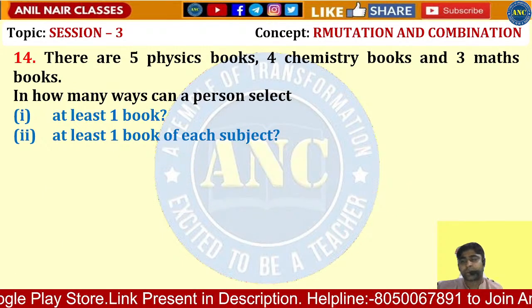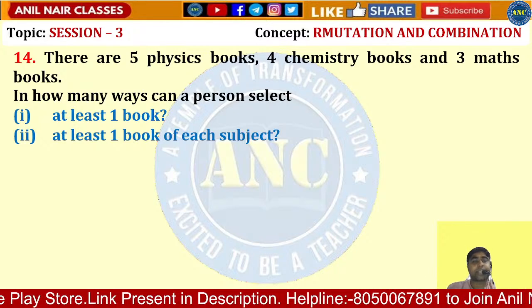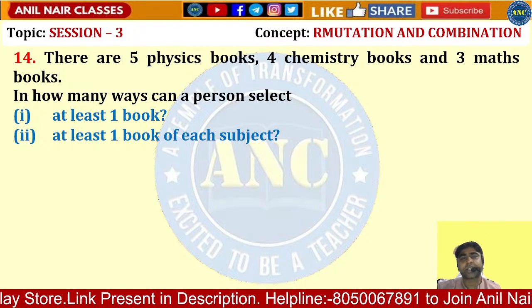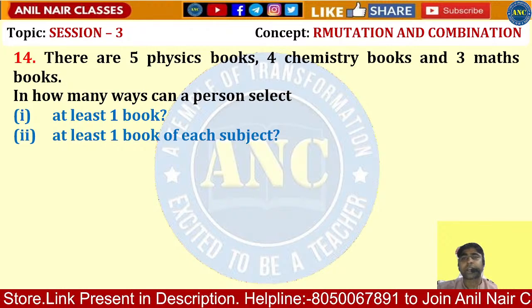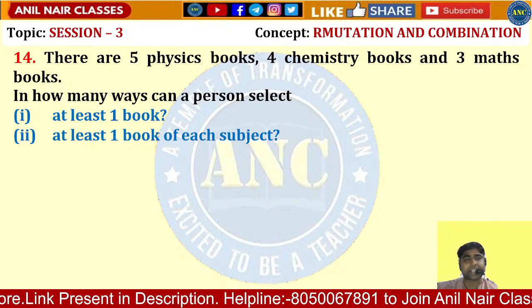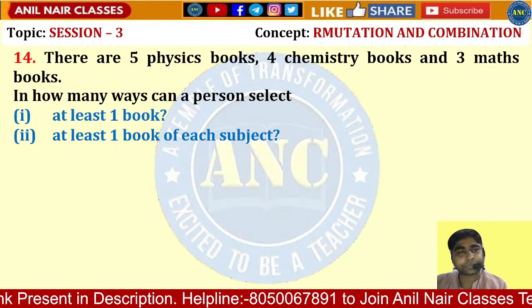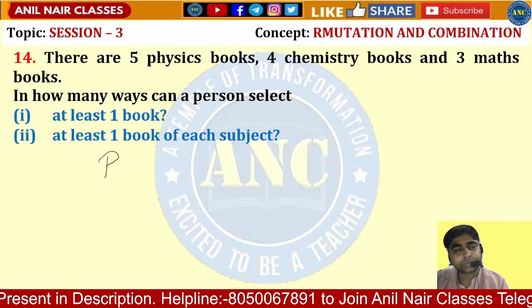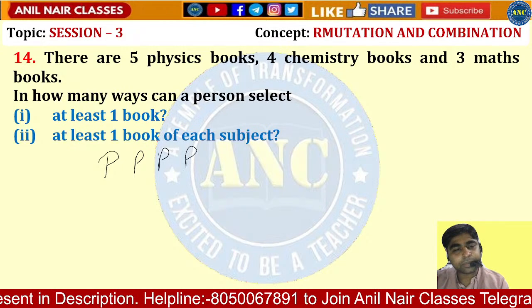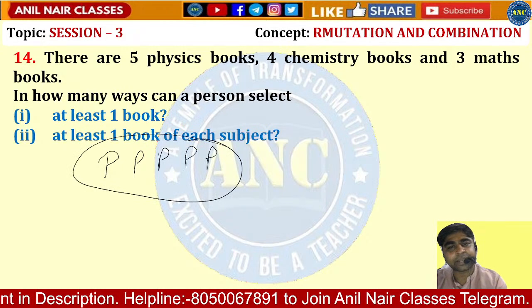Okay, now let's see the 14th question. Now there are 5 physics books, 4 chemistry books and 3 maths books. In how many ways can a person select at least one book? Okay, so this is a concept